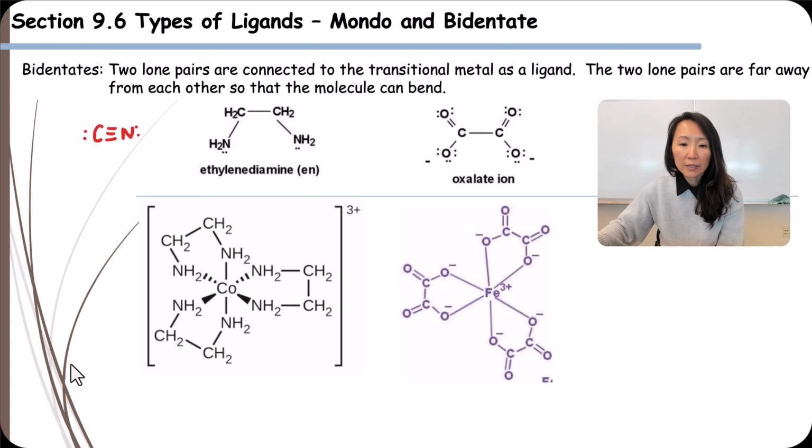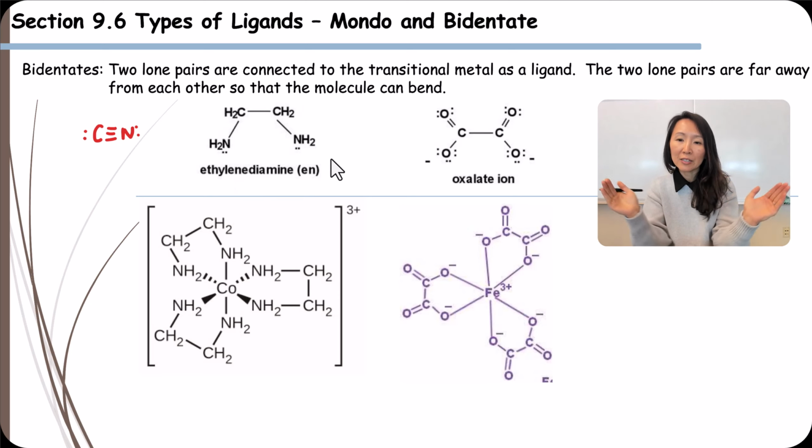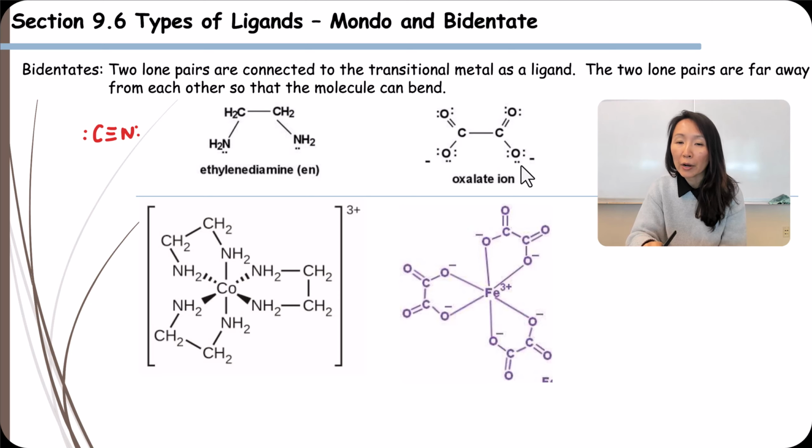Well, what's the difference? The difference is that ethylene diamine is very long and has the ability to bend. Even the oxalate ion has the ability to bend as it's donating 2 pairs of electrons. Cyanide is not very bendable. It's just really constricted by that triple bond, and there's only 2 right next to each other, so it's hard for them to bend. So therefore, they cannot connect 2 lone pairs, one from a carbon and one from nitrogen,